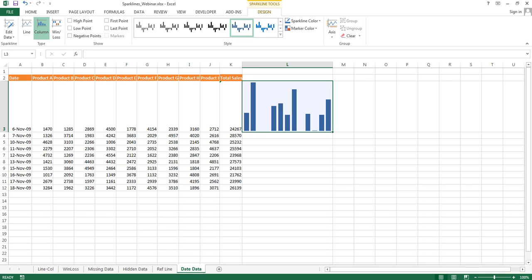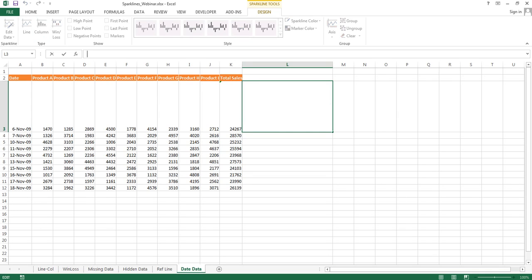Now when you're working with the spark line, it's not that only in one cell you can have the bars or the lines or the win-loss, and we miss out on what we could put in a chart, like a chart title, and put other information in the chart itself. In spark lines, in one particular cell along with your spark lines, you can also have text in it. So I'm going to introduce some text in this particular spark line. Let's say we are going to put sales from Jan to November 2009.